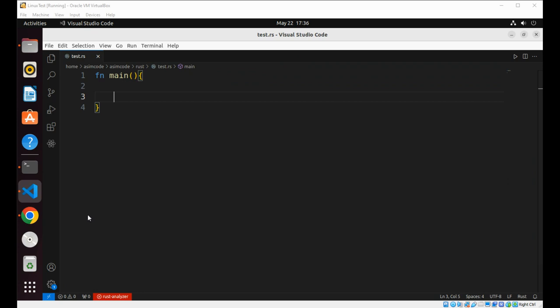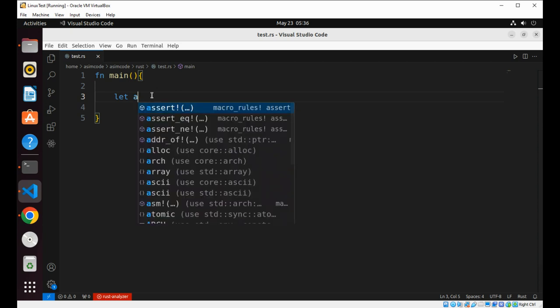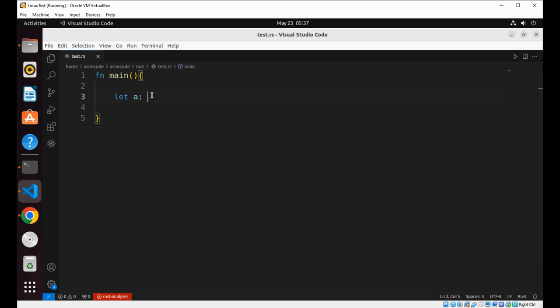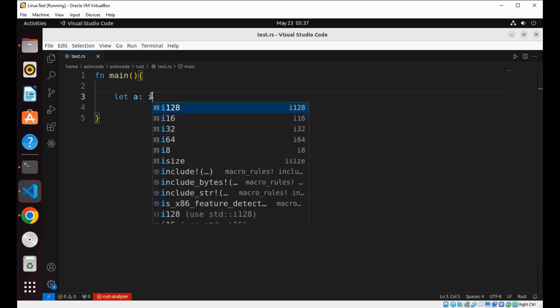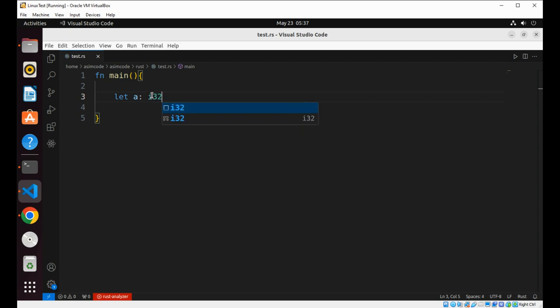In this video, we are going to learn about Rust programming, so variable binding and immutability. So we are going to have a variable first. In our main function, we are going to use let, and then we are going to have our variable such as a, and then a colon, and then we need to add in the type i32, that is for 32-bit integer, and we are going to set its value to 10,